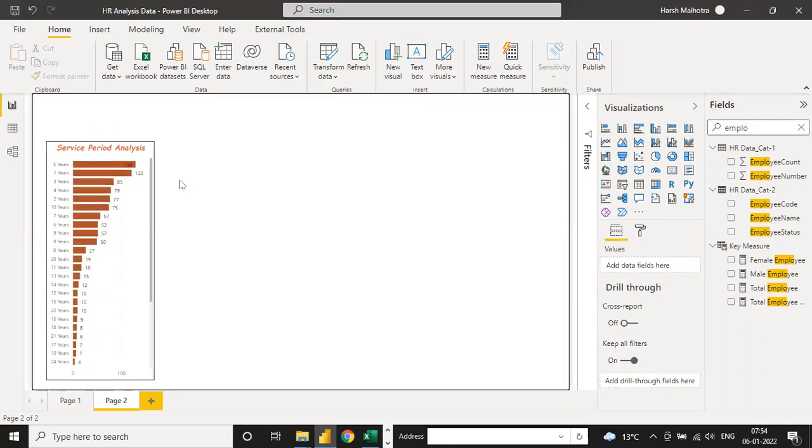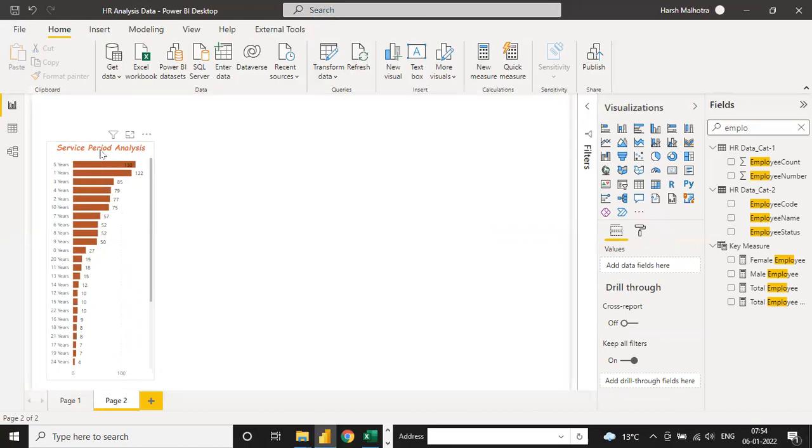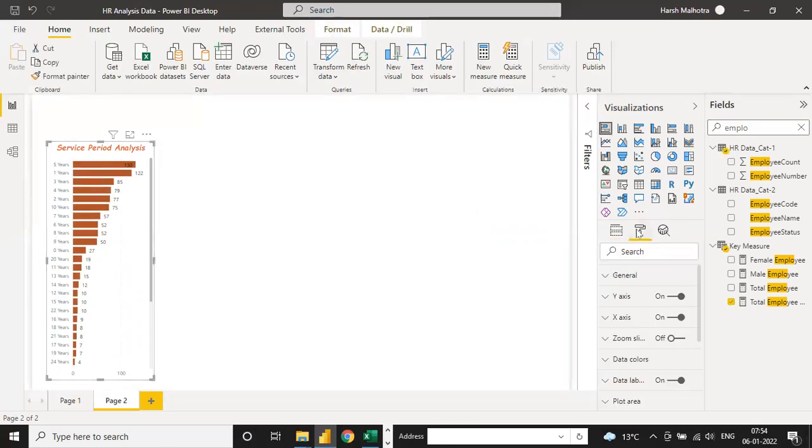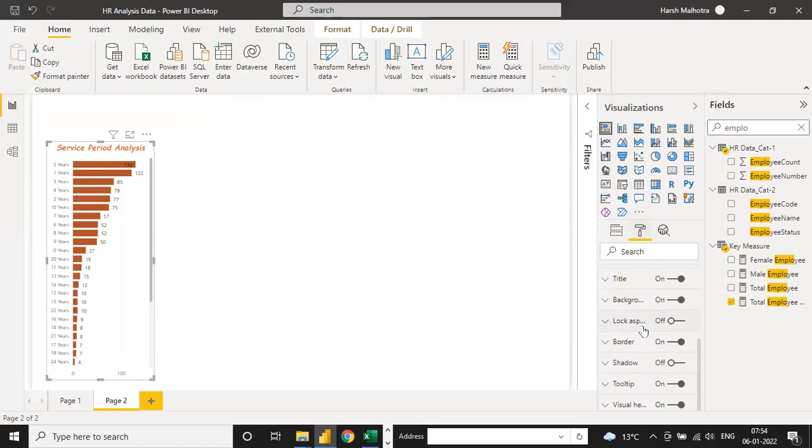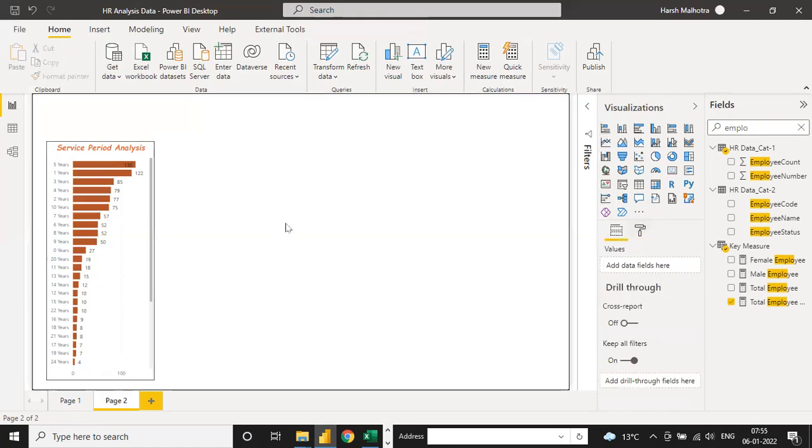So any doubt? Suppose if you want to change any visualization, guys, you can select this visualization, and on the right hand side, this T-shape format. So here we have a format tab. You can format your value any other way. First, you have to practice. If you have any doubt in this formatting, you can ask me in tomorrow's class. Okay, so now I'm done with this and going to the next step.